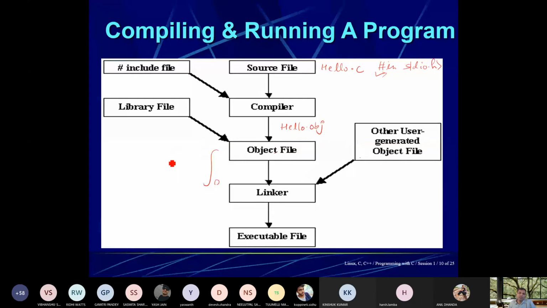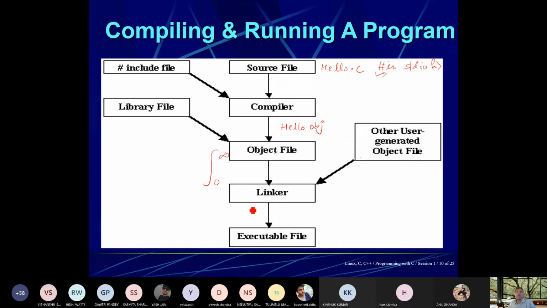All these things, and then it will generate one executable file. If we integrate the library file, the object file, and other user generated object files, together it creates a linked program, and this linked program is the only thing able to run in the system.